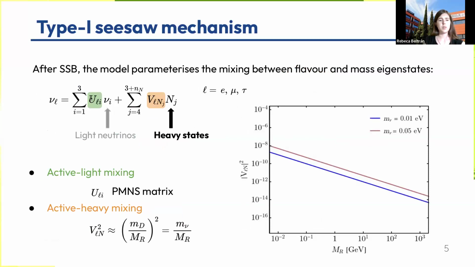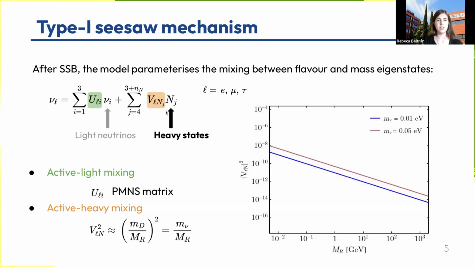The first term, which is represented by the PMNS matrix, encodes the neutrino mixing parameters, which can be measured in the oscillation experiments. Whereas the active-sterile neutrino mixing is parameterized by this phi, and this